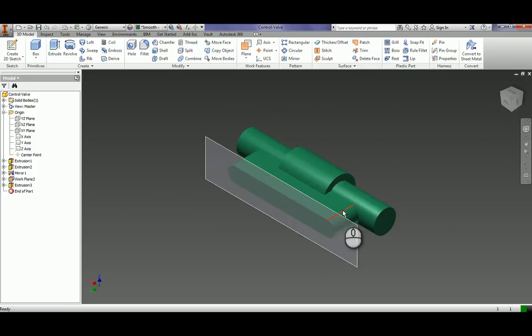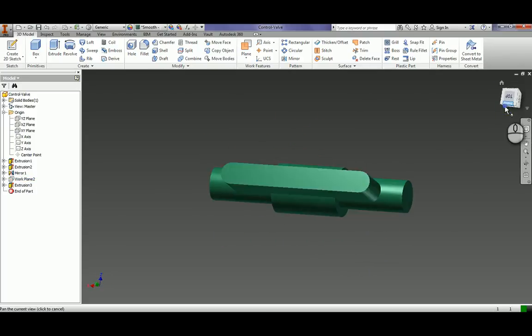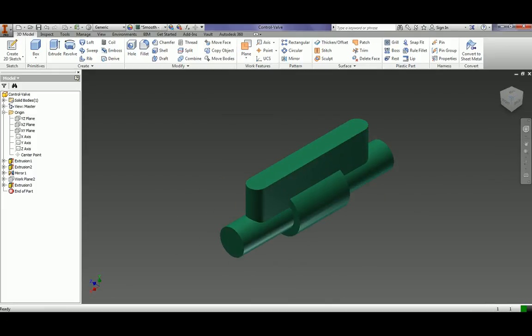Now you're going to have a part like this. Now you can turn off the visibility, and you can export it, just don't save. And that's